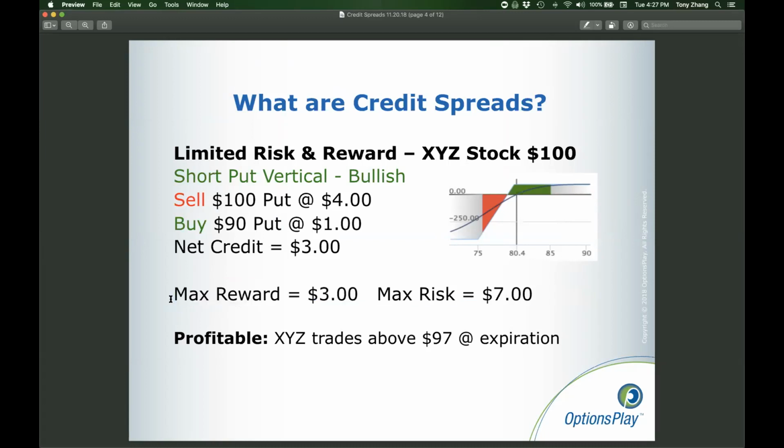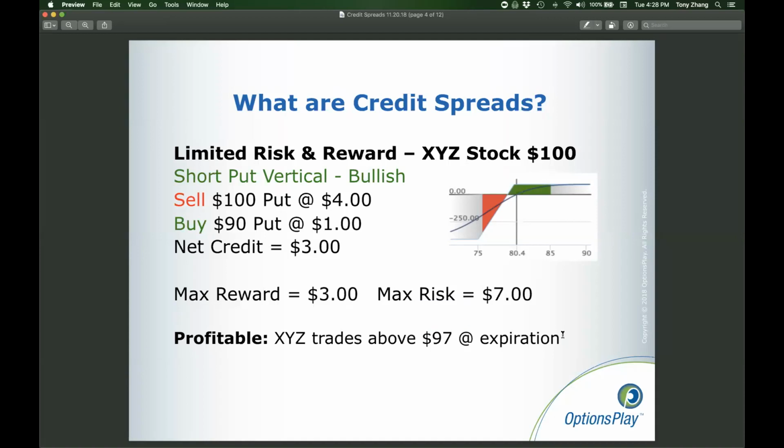Now, a lot of times that doesn't sound very good. However, this strategy will be profitable as long as XYZ stays above $97. So basically $100 minus the credit that I received. As long as the stock stays above $97, this strategy will be profitable. That's really why these strategies are popular, because they're quite forgiving. Even if we said that we're bullish on the stock XYZ at 100, with any other bullish strategy, the stock needs to go higher in order for you to make money. In this particular case, even if the stock goes lower, even if it goes to $99, you'll still make some